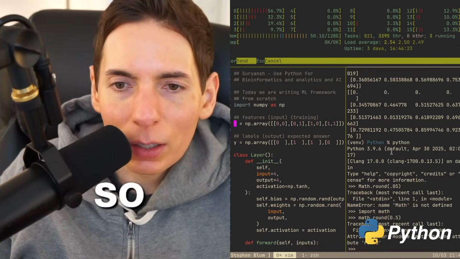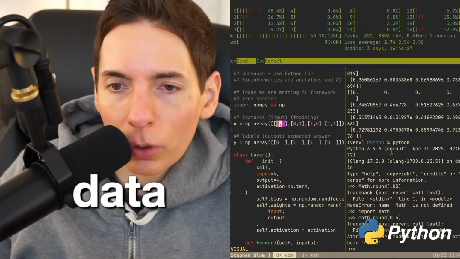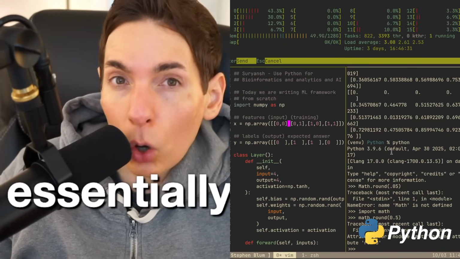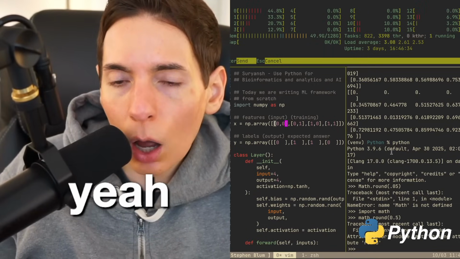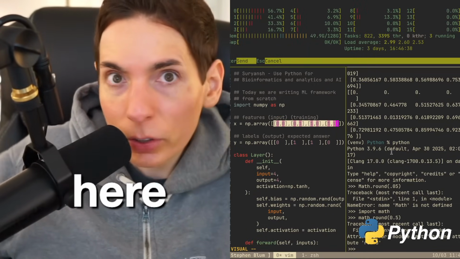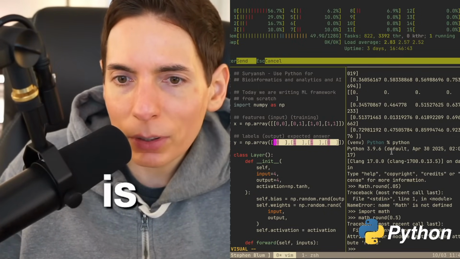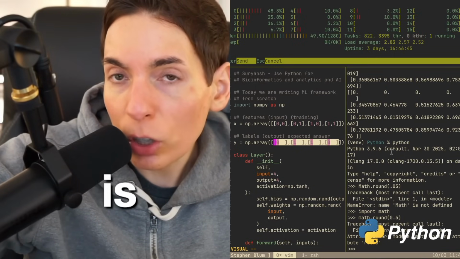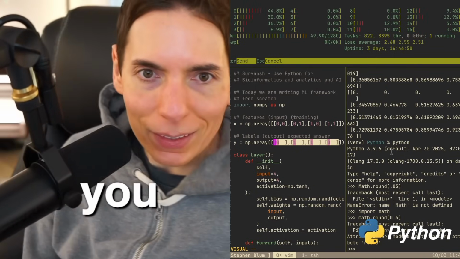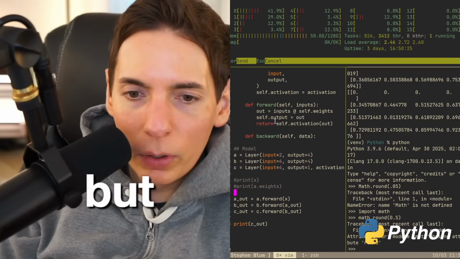We've got our input data, which is 2 variables, and this is a batch size of 4. So it's essentially a 4-row, 2-column array right here, and that is basically our spreadsheet. But then you also have your answers, right here. This is your output data, which is what we're going to train on. This is the target, the expected output. All right, so we've done our feed forward, but now we are going to have to do